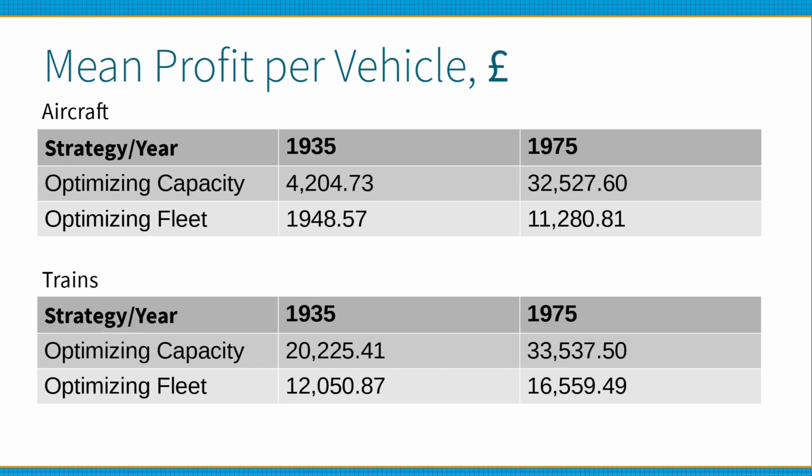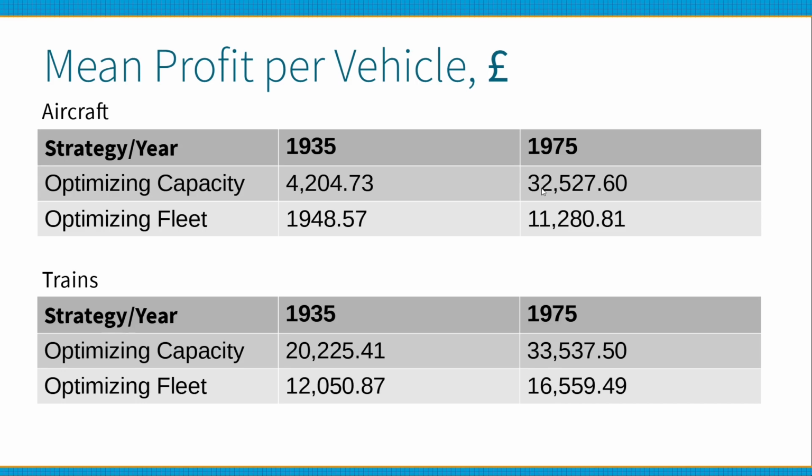As it turns out, and we'll discuss this a little bit later, it is actually possible to go bankrupt. I did it a couple of times using the Samson. For 1975, your profit margins go up by an order of magnitude. And so here you can see that you get, when optimizing capacity, the greatest profit per vehicle, and that's to be expected. But you also get the